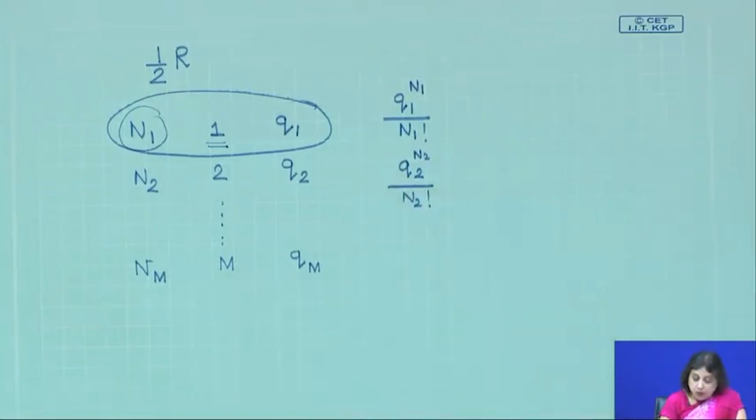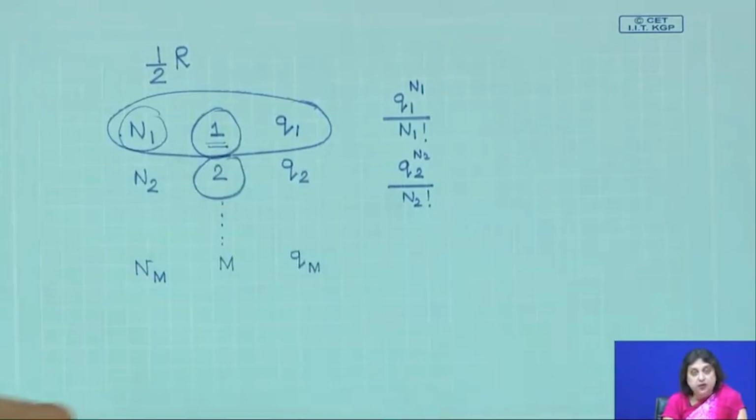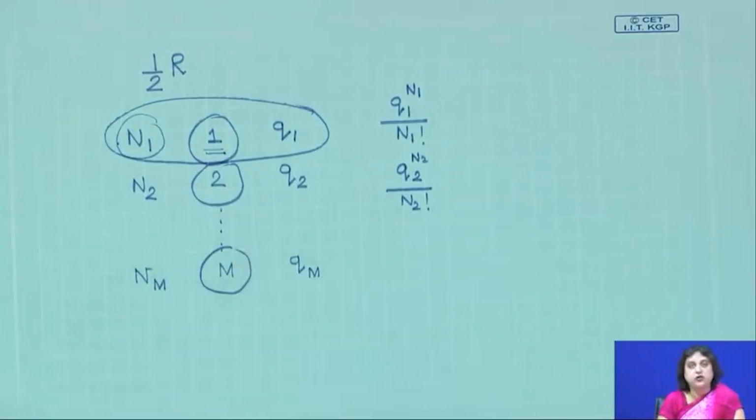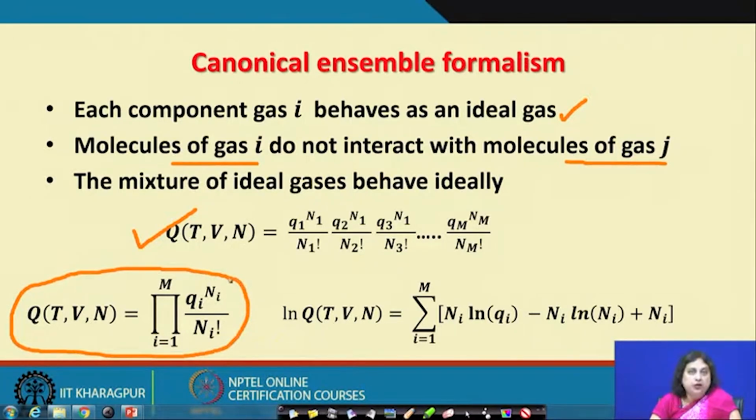Now, what happens? Since the molecules of type 1 are independent of molecules of type 2 and so on and so forth, therefore, I can write down the total canonical partition function for this system like this. And this means what? In general, in a shorthand notation, I should be able to write down capital Q as a product of these numbers, where I have for the ith type particle Qi raised to the power of Ni